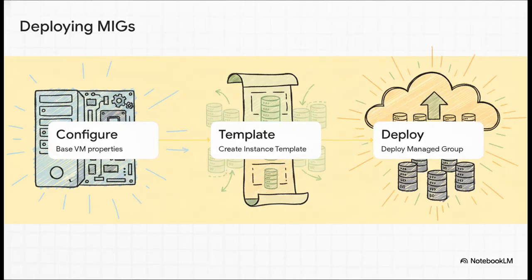So, how do we actually build one of these automated fleets from scratch? It's a really precise three-step progression. Step 1, you configure your ideal base VM. Pick the OS, the disk, the machine type, the whole shebang. Step 2, you save that exact configuration as an instance template. Step 3, you deploy your managed instance group, and you just point it right at that template. From that moment on, every single machine that group ever creates is going to be a perfect clone of your